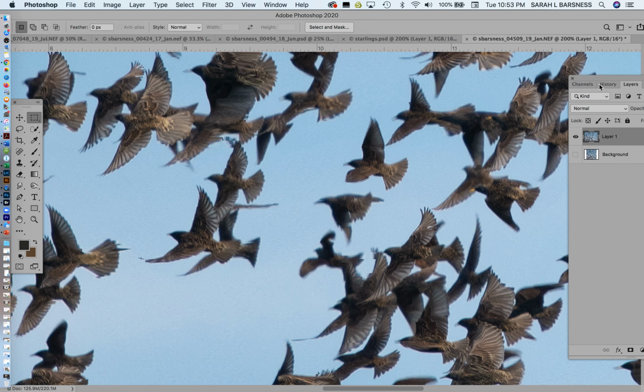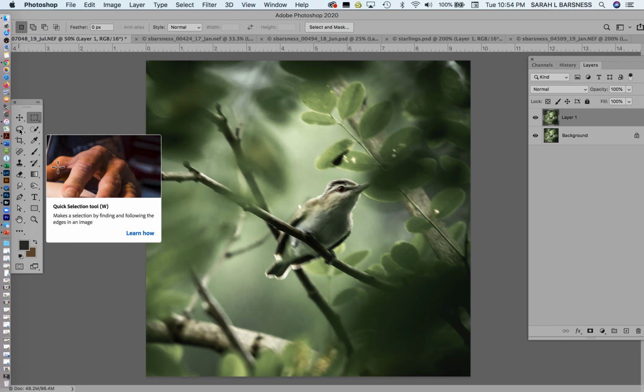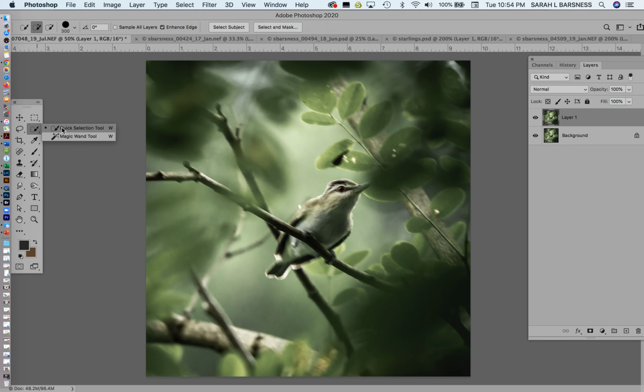I'm going to try to keep this to a minimum. So now you can do this with portraits too. I decided, of course, to pick a bird. I'm not going to change the aspect ratio, but I want to contract the environment around this red-eyed vireo and leave the bird the same size. Okay, so I'm going to do Command J, make sure we have this second layer, and I want to protect the bird. So I'm going to go ahead and do select subject. So I want a nice tight selection here,